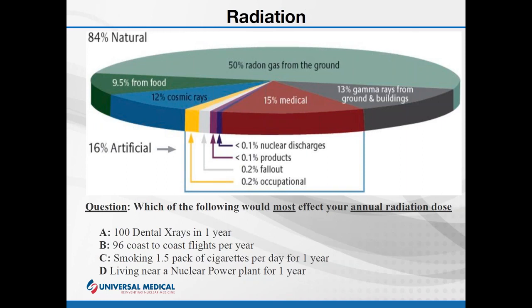They obviously come from the cosmos, space, and so the higher in elevation you are, the less atmospheric protection you have. The less atmospheric protection you have, the more exposure you will get. Now, this is true in airplane flights as well as living in Denver, Colorado. So if I lived in Denver, Colorado my whole life, I'm going to increase my non-medical exposure by about 30% over the normal person. This is due to the